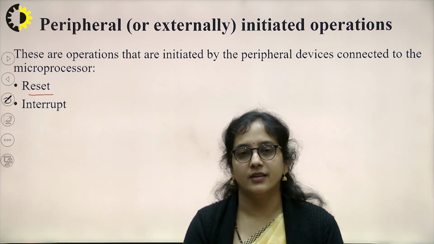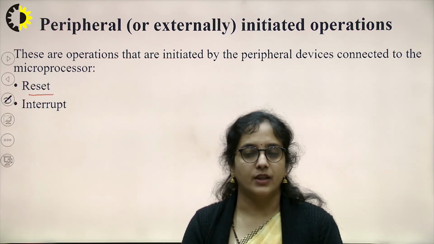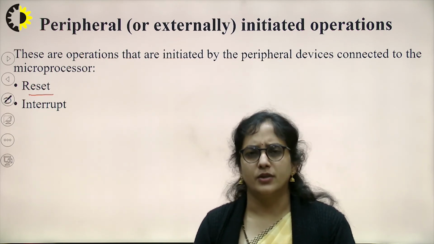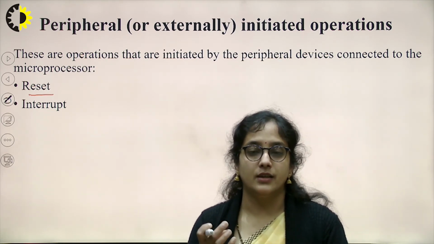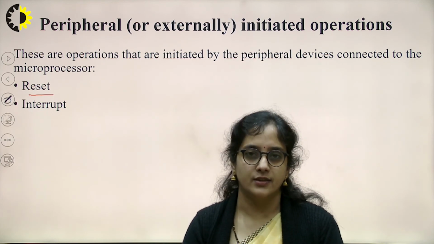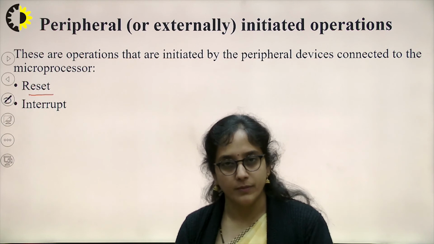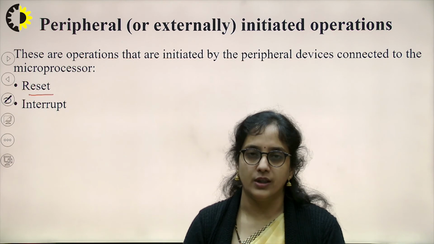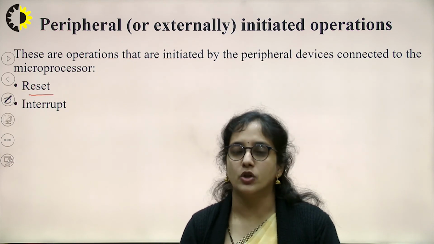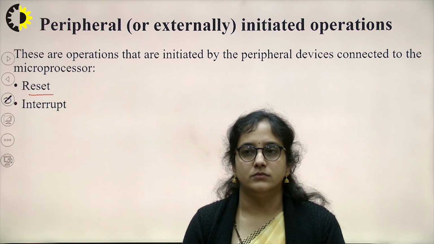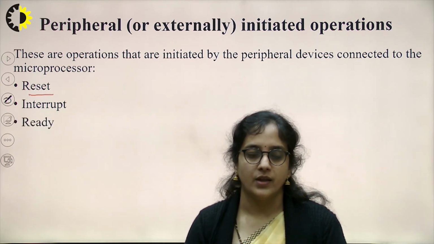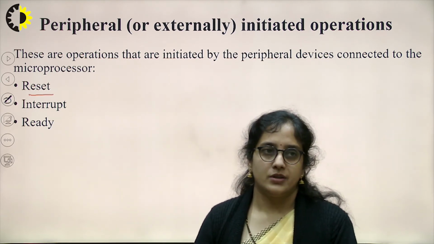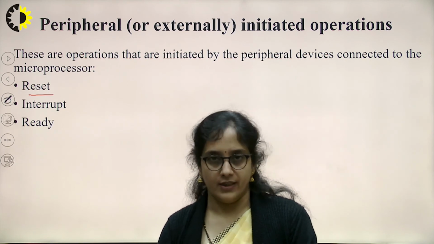We go and serve that, we pick up our phone, we have a conversation, and then we come back to our study part, whether we are studying a book or anything. So we serve the service regarding that interrupt, and we come back to our main program, that is studying. So an interrupt may be initiated by any external person. It may be an input device, output device, or any peripheral ICs.